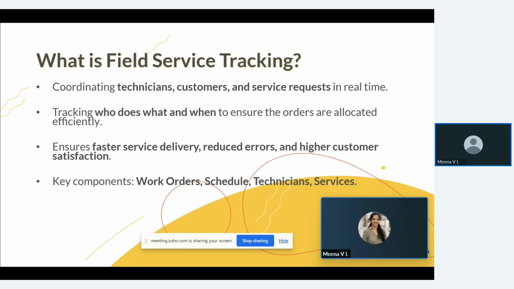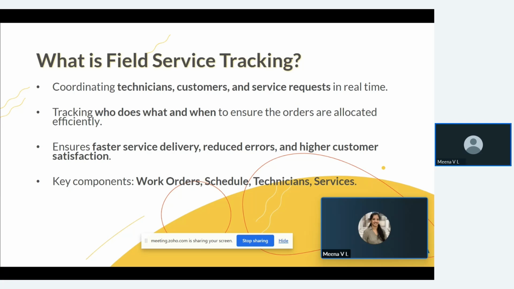But what we are talking about right now is a lighter application, right? So say your business is only limited to allocating your technicians, and then they go do the work and update you the status. And you, as the owner, just want to know who is occupied when, and how to automate the technician allocation. For this purpose, a very handy application can track a small business having these kinds of use cases.